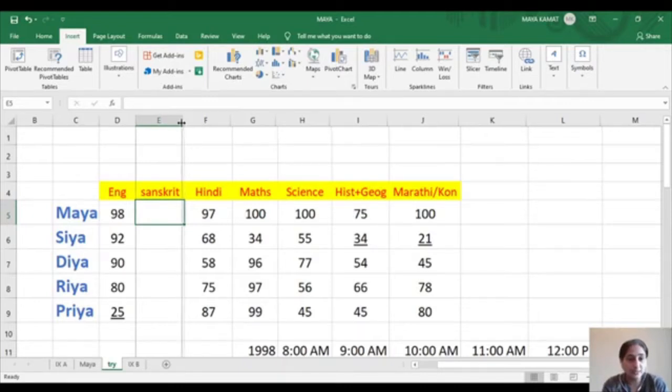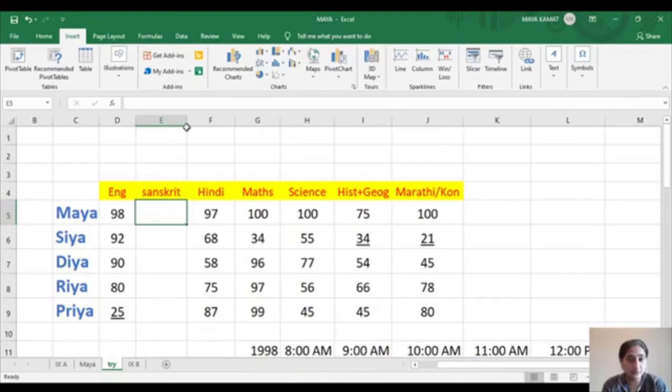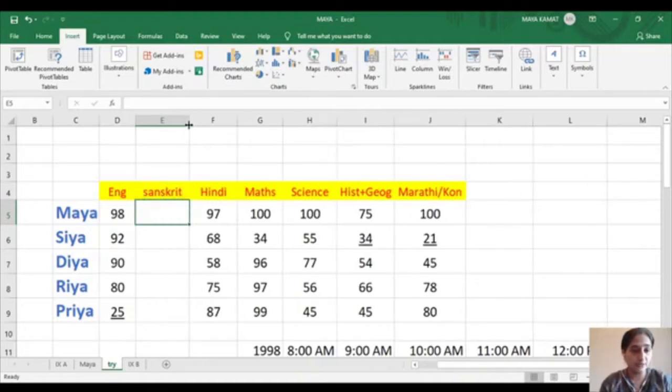Click on it, pull it in if you want to make it small, pull it out if you want to make it bigger. Clear with this? Yes or no? Yes, teacher. Okay. So this is how you can adjust the width of the column. The width of the column has been increased. You can make an entry of the new column.